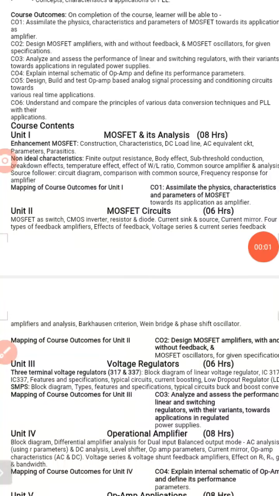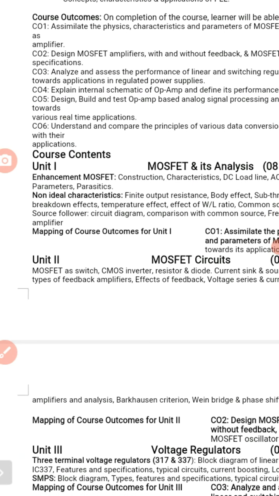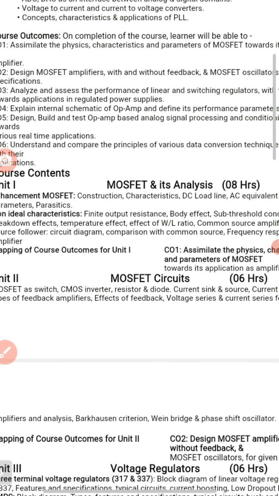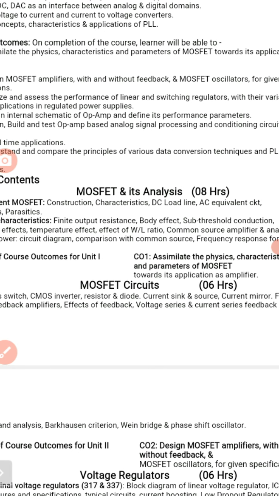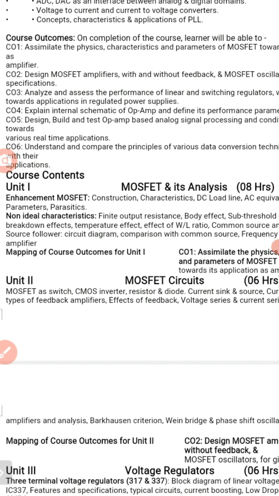MOSFET and its analysis, under which we have studied the syllabus of MOSFET and its analysis. I am reading it. Enhancement MOSFET, construction of MOSFET we have studied, characteristics of MOSFET we have studied, DC load line, that means load line of the signal if DC is connected, then AC equivalent circuit of the MOSFET we have studied,